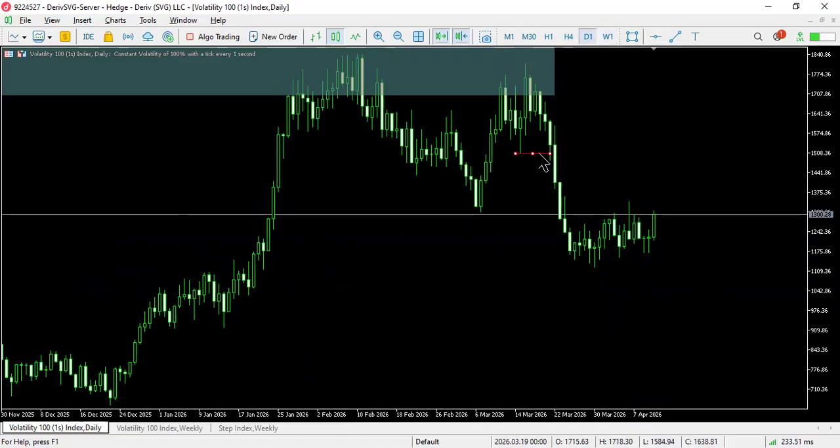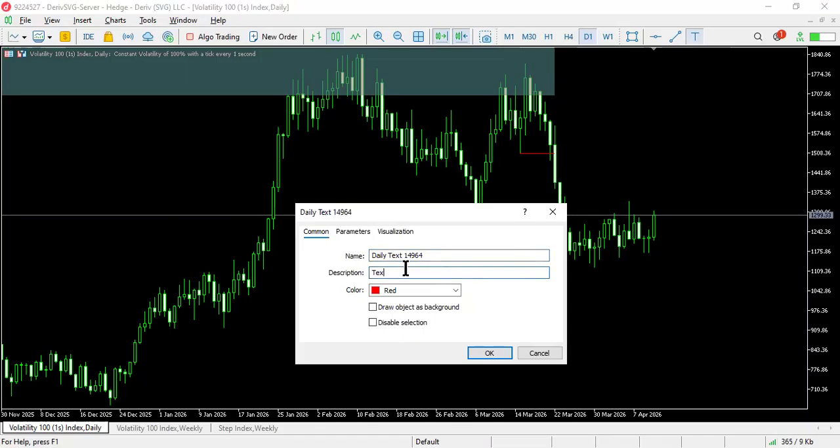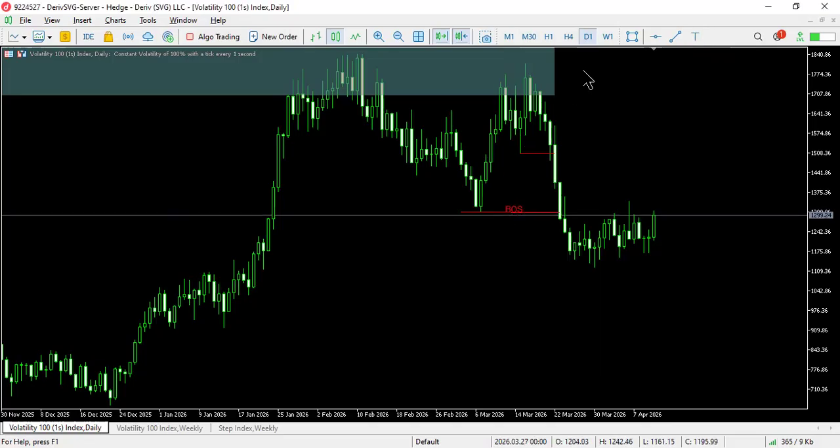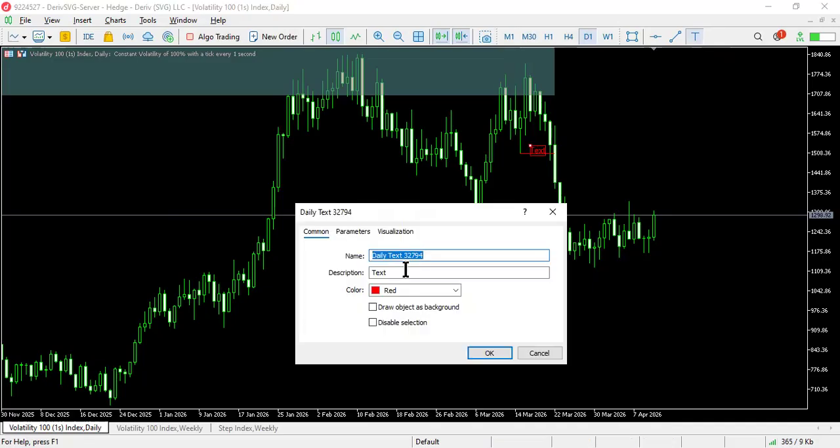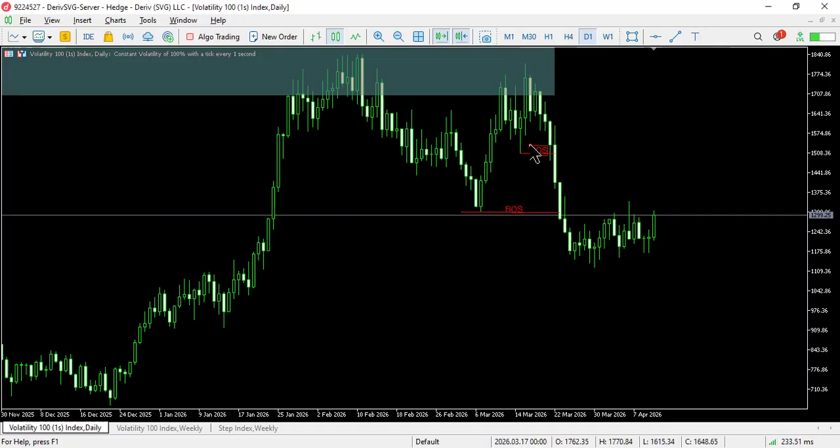From the daily time frame, we have our internal break of structure right there. And then we have this break of structure. We have that break of structure, and then I'm seeing this break of structure as liquidity, and I'm going to be using the order block for this break of structure, for the internal break of structure. So we have a break of structure and then the order block which caused the break of structure